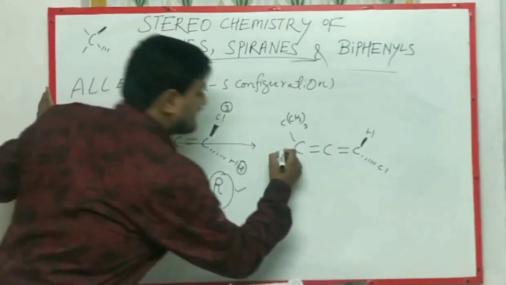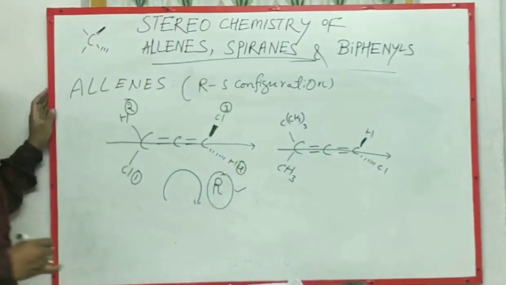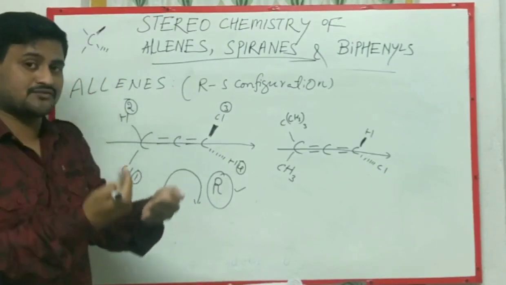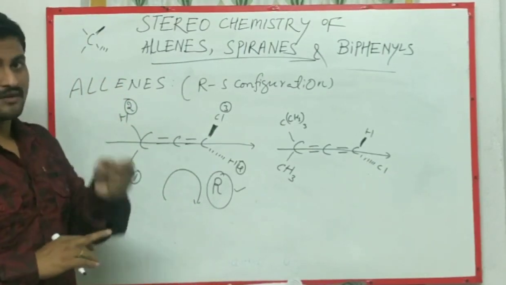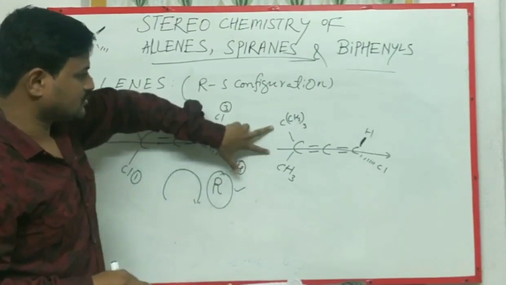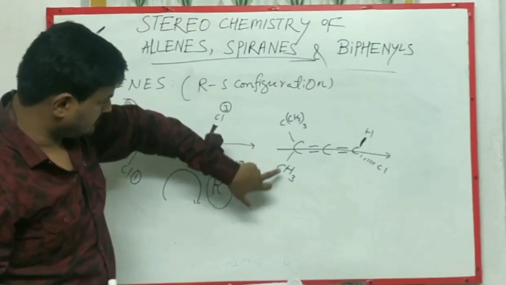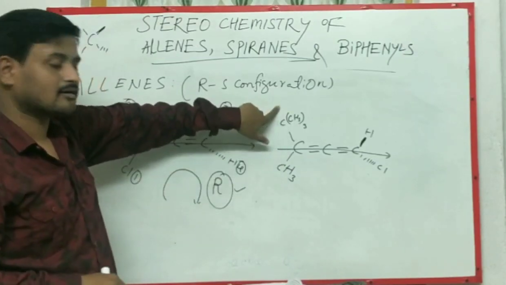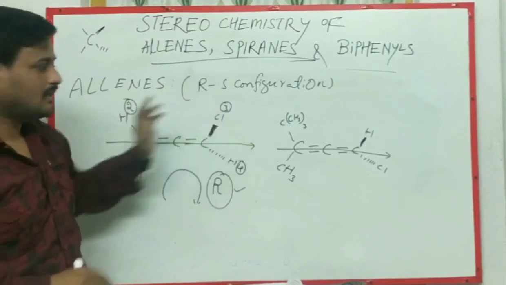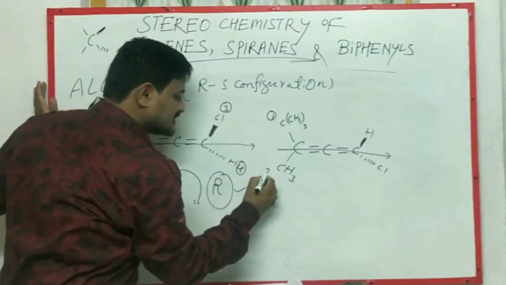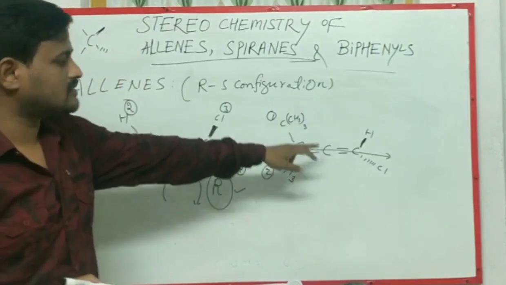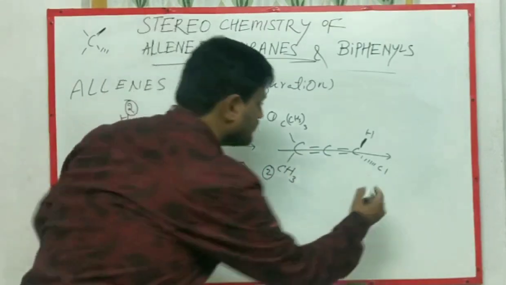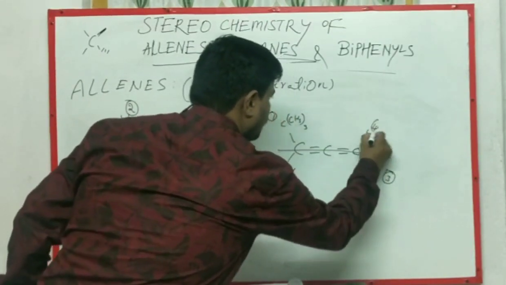Then it has a chiral axis, and the priority starts from the within-the-plane atoms. Within the plane means these two. When comparing, this one is carbon, this one is carbon, but the second atom here is hydrogen, but here the second atom is carbon. 3 carbon atoms are there. Then this is first priority, this is second priority, and here hydrogen and chlorine. When comparing, chlorine is the highest priority, this one. Highest priority means this one, third priority, fourth priority.